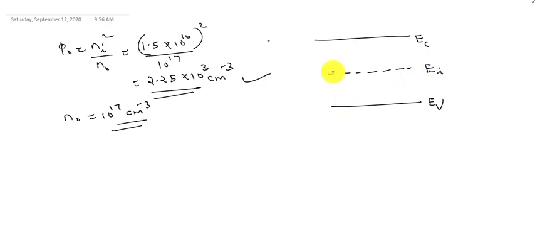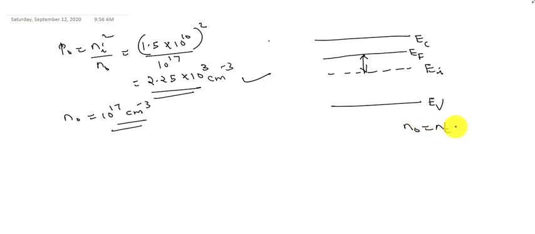So where is EF? Since it is n-type, the EF will be closer to the conduction band. So we have to find the location of EF with respect to EI, that is, calculate the difference EF minus EI. We can calculate the location of the Fermi level by using the formulas: N0 is equal to